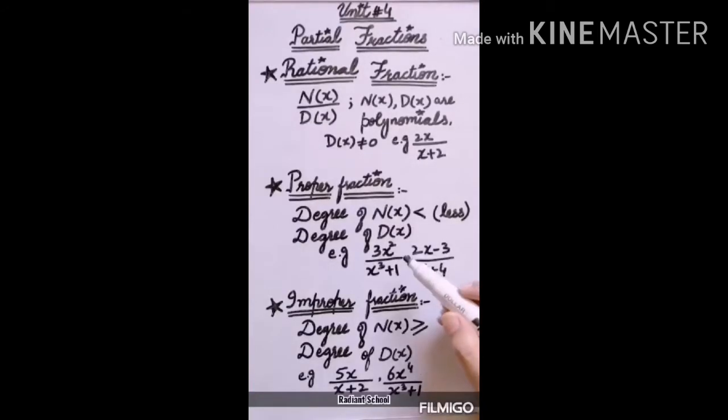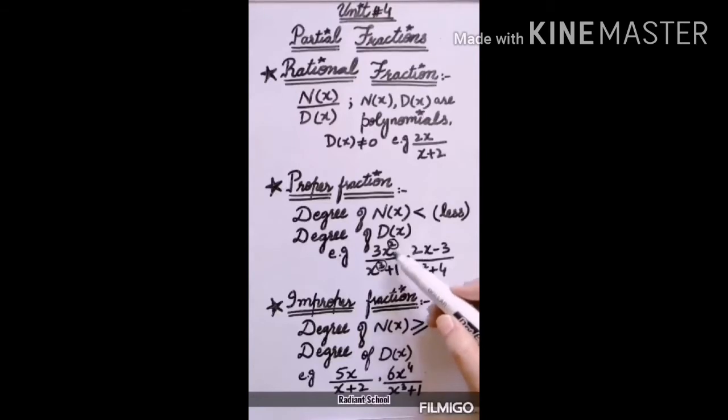Okay students, first of all, we will find the degree of numerator. What is the degree? How can we find the degree? The highest power of the variable involved is said to be the degree of any term. So here in the numerator, the highest power of the variable involved is 2. In the denominator, the variable involved is x, and the highest power is 3. So you can see that the degree of numerator is 2 and the degree of denominator is 3.